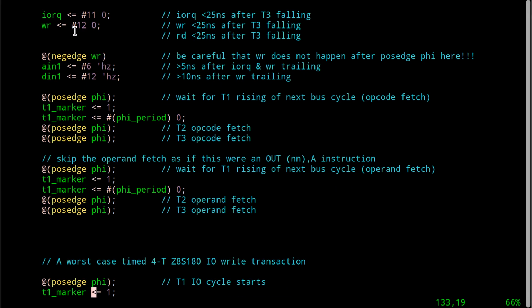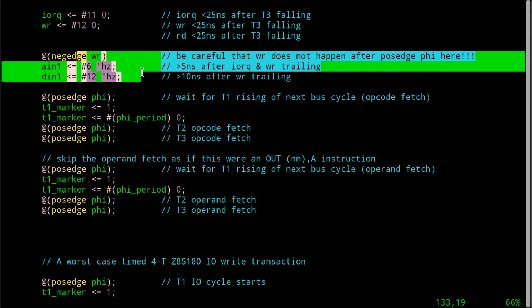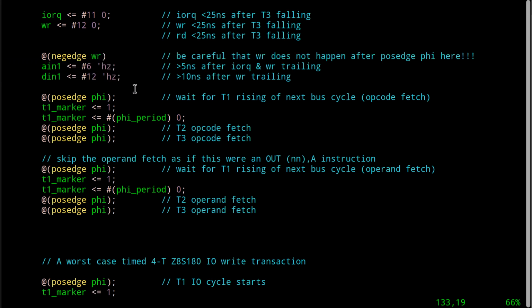I'm gonna be a little sloppy. I'll probably regret this, and leave it like this for now, okay? And just leave this all based on the right trailing edge. All right, so